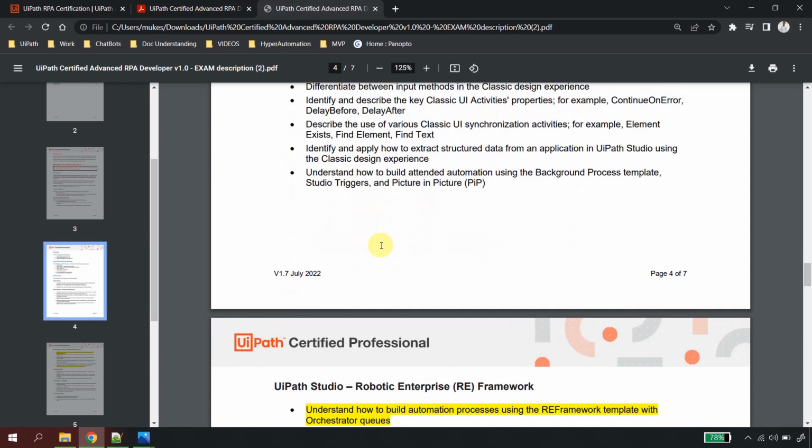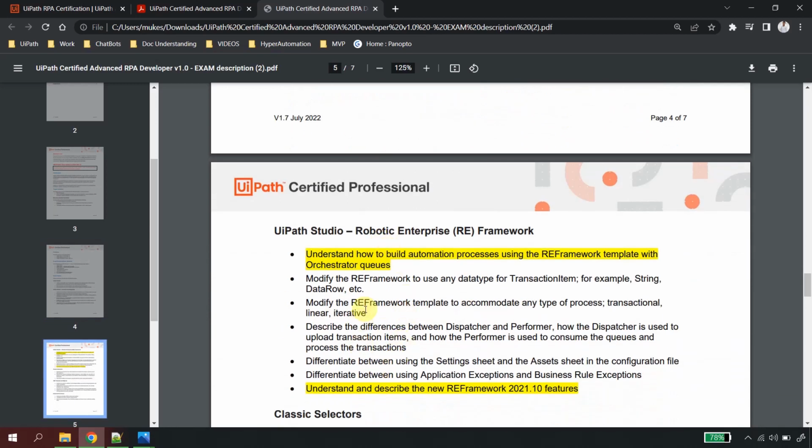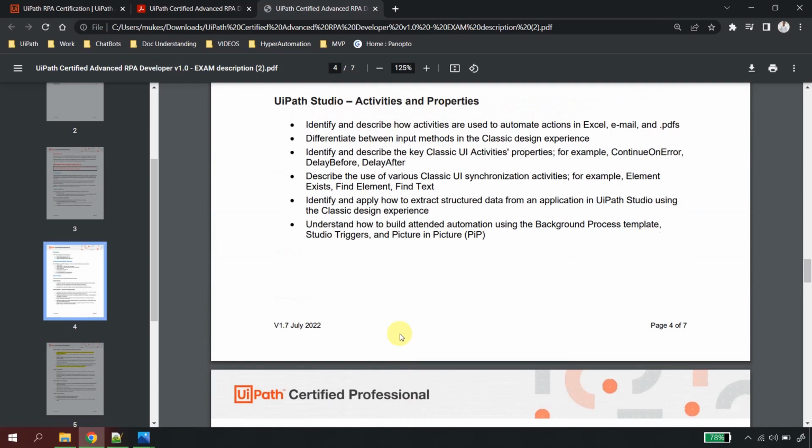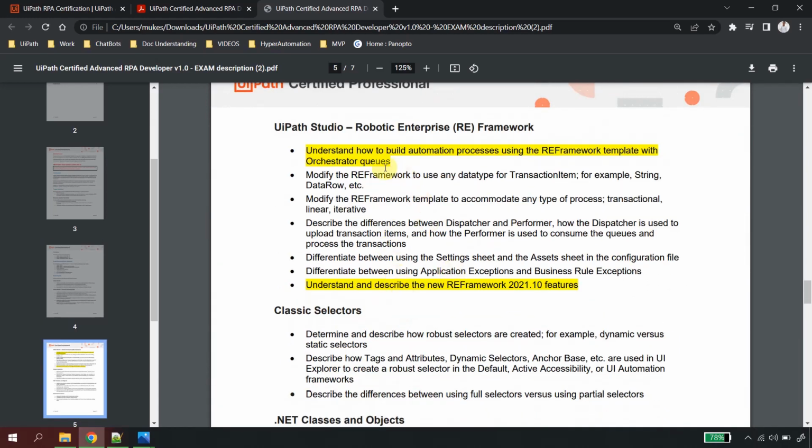Now, one important thing to notice here is that some of the topics are highlighted in yellow. These are the topics which are newly introduced in 2021.10, right? It simply means that whenever you are preparing for the topic of UiPath Studio Robotic Enterprise Framework, you have to understand how to build automation using the RE Framework with the Orchestrator queues. All the others are coming from the previous examination, but there is a new topic which is included: understand and describe the new RE Framework